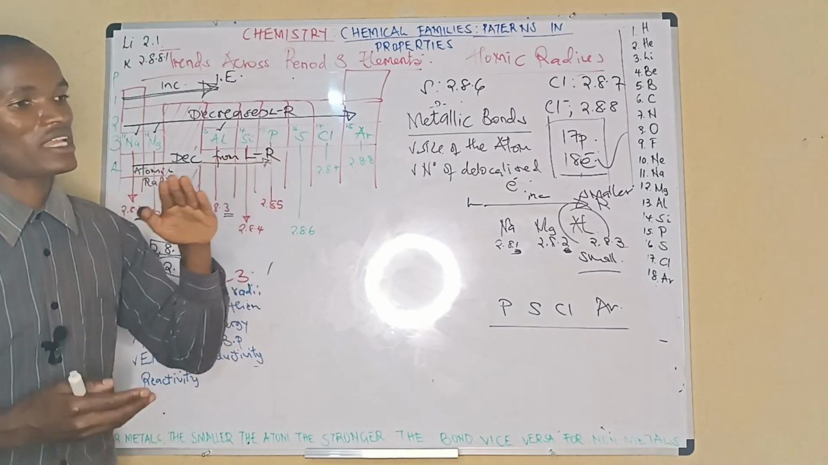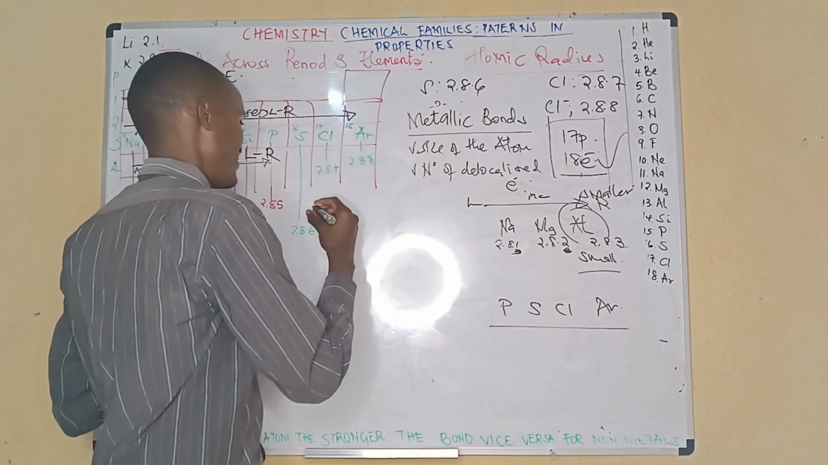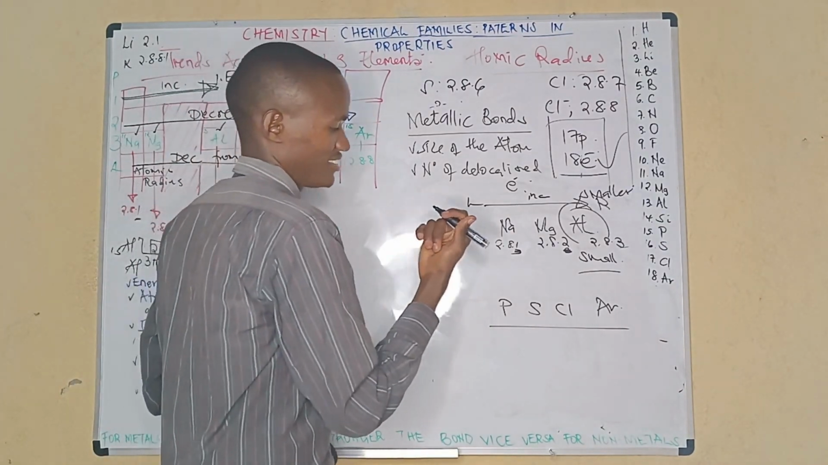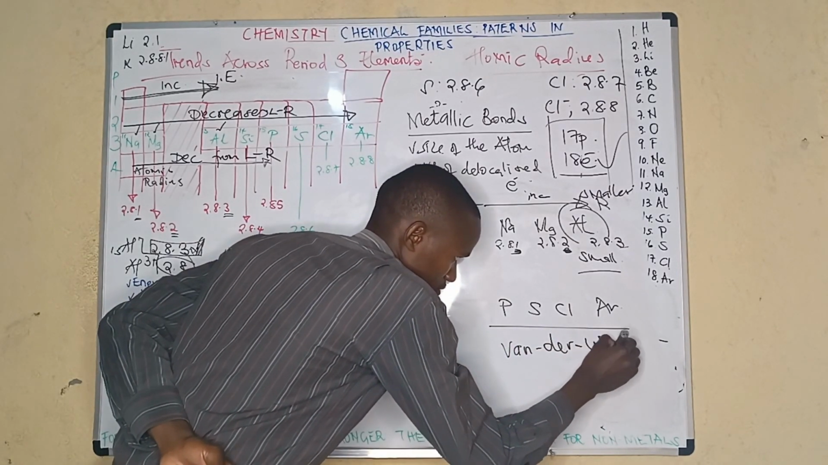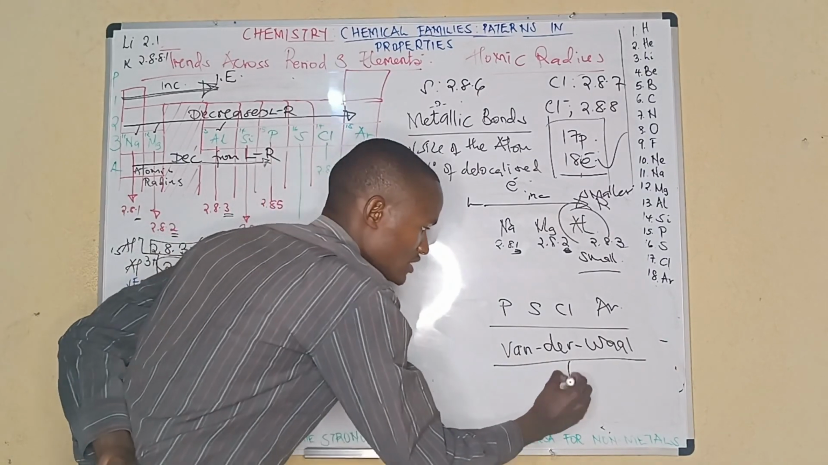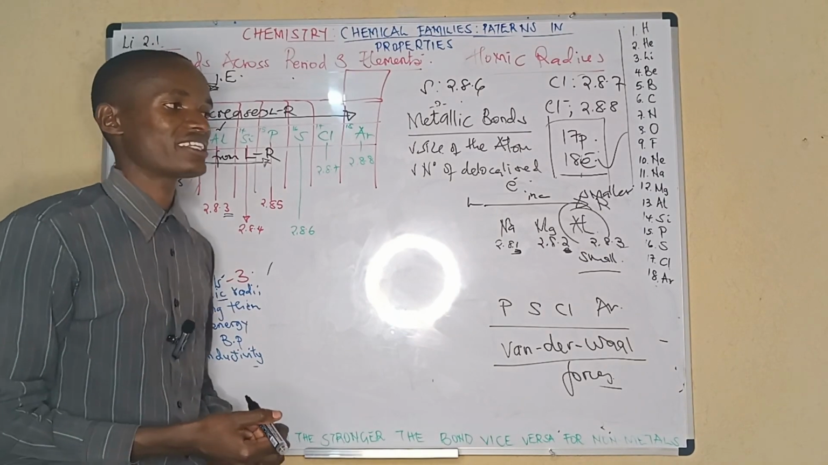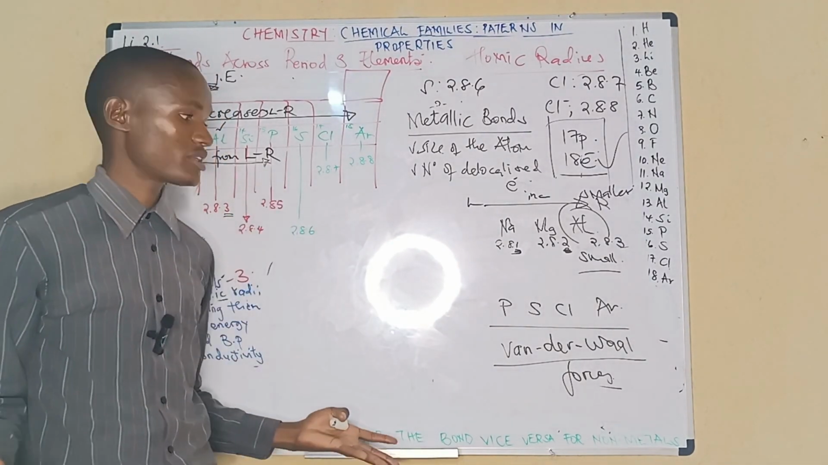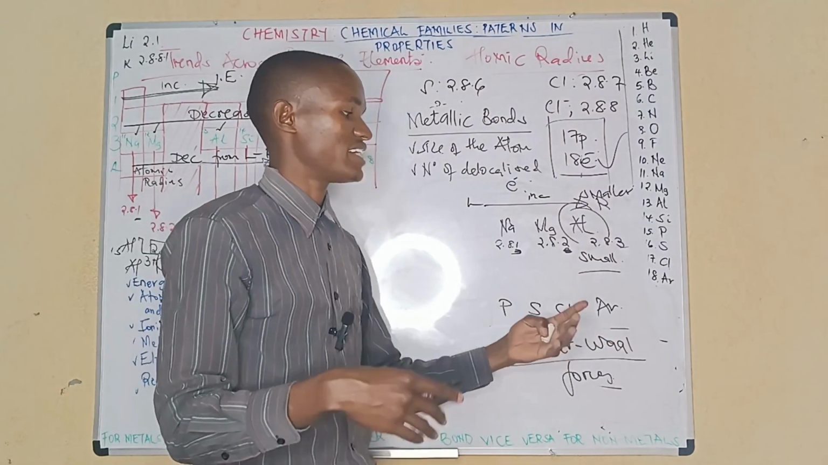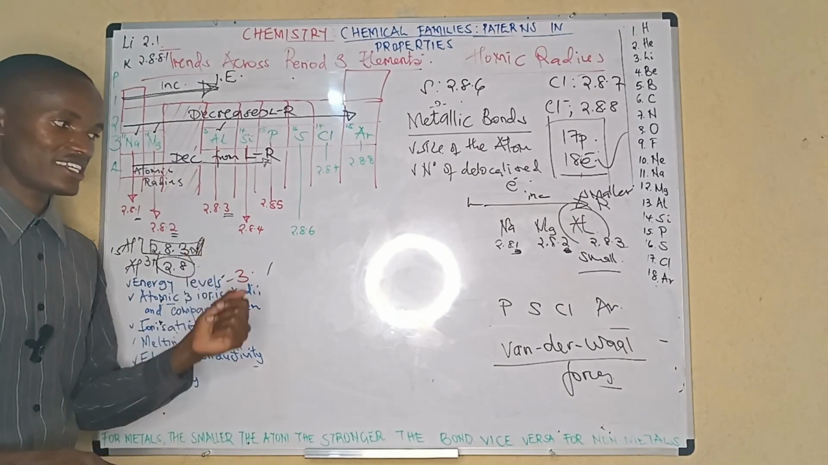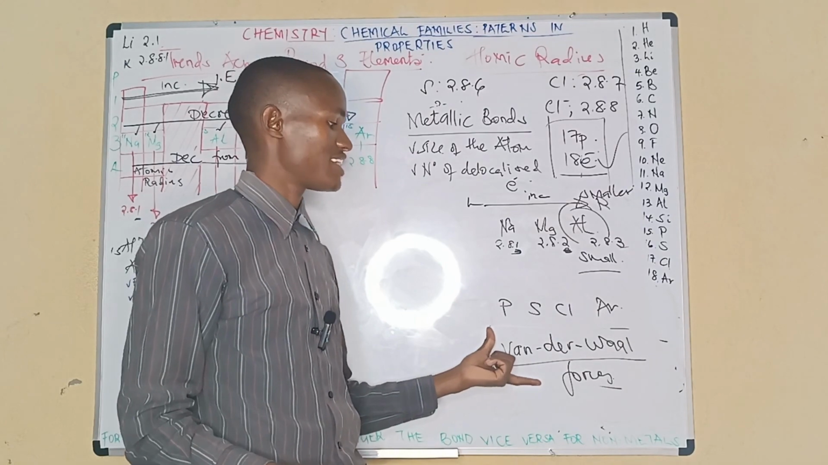Now, between one molecule and another molecule, we have van der Waals forces. I believe you've heard that word before. These van der Waals forces are weak forces. For them to break, they only require a little amount of energy, and therefore these elements have relatively low melting and boiling points. That is one reason. They have weak van der Waals forces that